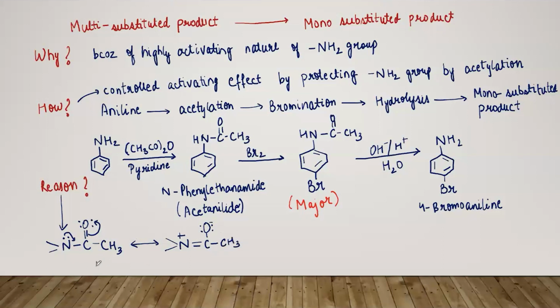तो reason is resonance। ठीक है, इस तरीके से रेजोनेंस हो रहा है। So in this resonance thing happening in the case of amide, the lone pair on the nitrogen atom, it is basically participating in the resonance, and so it is not actually available for conjugation in the ring। ठीक है,